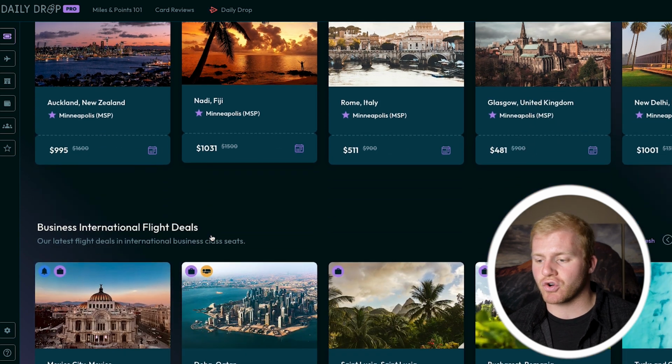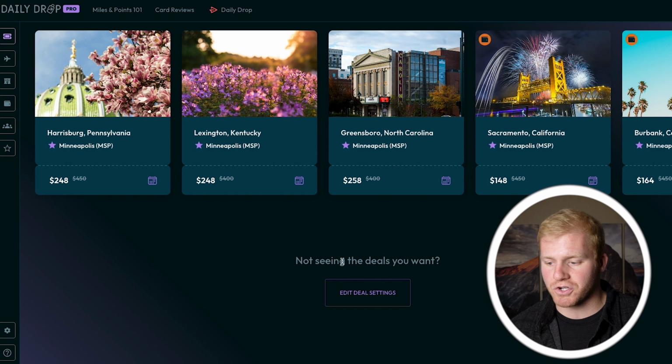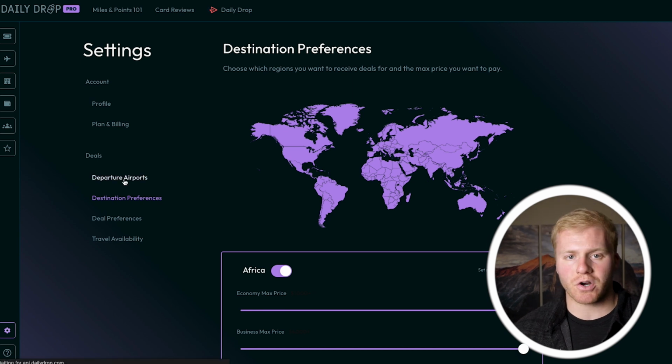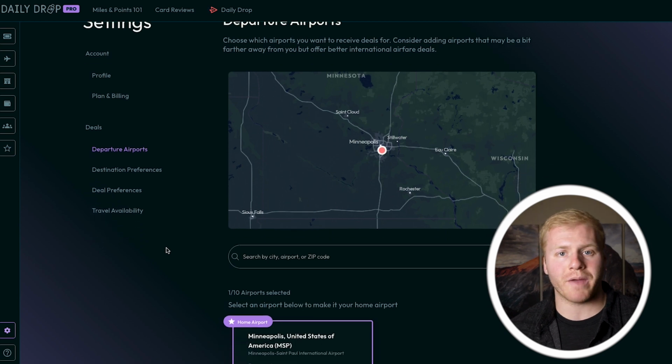And to do that, I'm going to scroll all the way down to the bottom where it says "Not seeing the deals you want?" and then right below that they have a button that says Edit Deal Settings. You're going to start by going there. If we start with our departure airports here over on the left, you can see I have my home airport